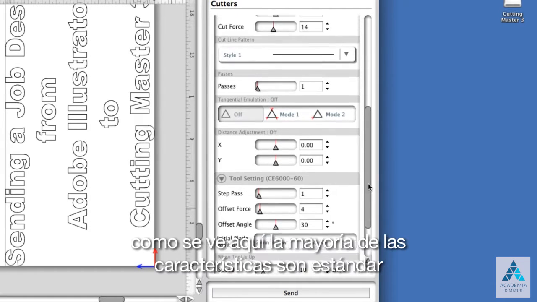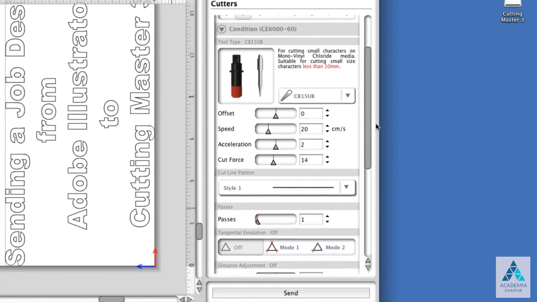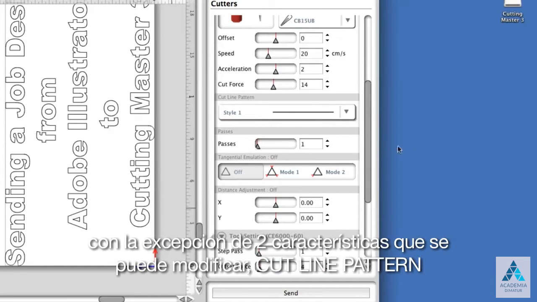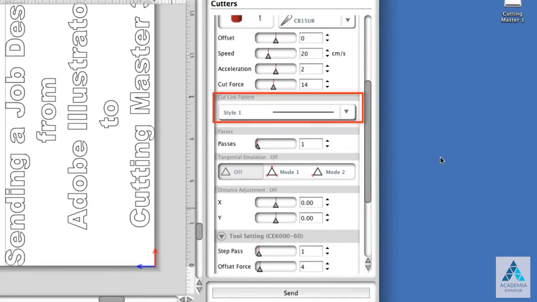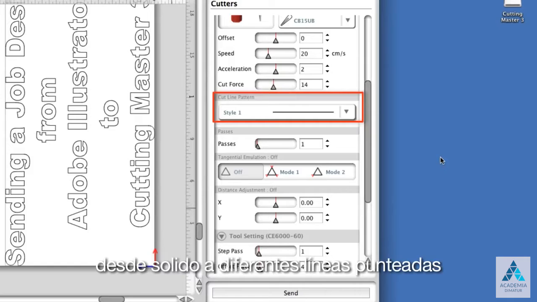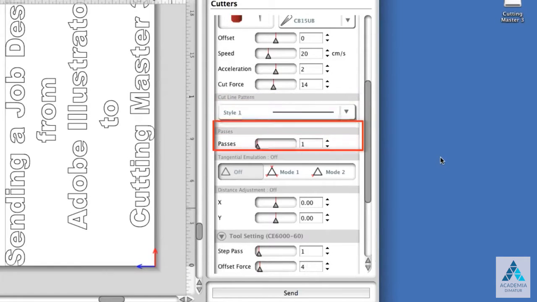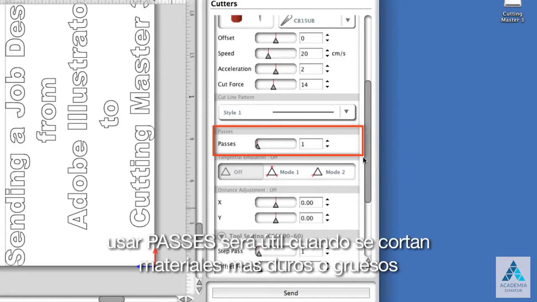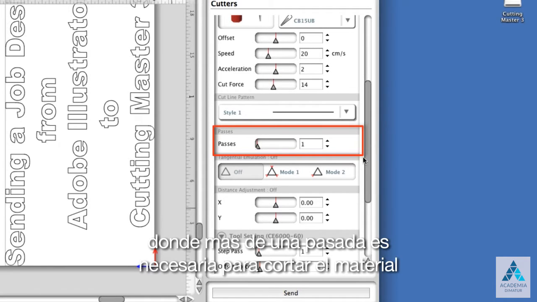As you see here, most of the settings are standard, with the exception of two added settings: Cut Line Pattern and Passes. Cut Line Pattern determines the type of line to be cut, from solid to different types of dashed lines. Passes determines how many passes each cut line will make. Using passes can be helpful when cutting harder or thicker materials, where more than one cut pass is needed with